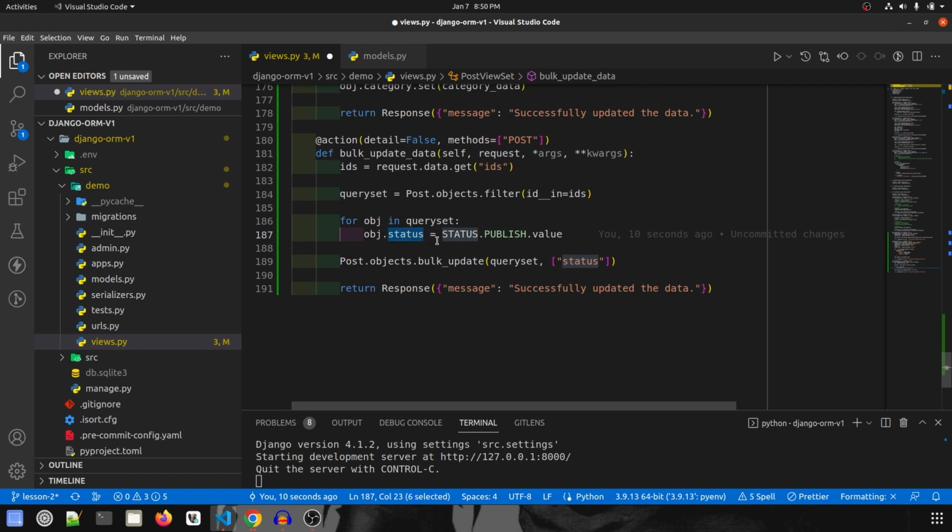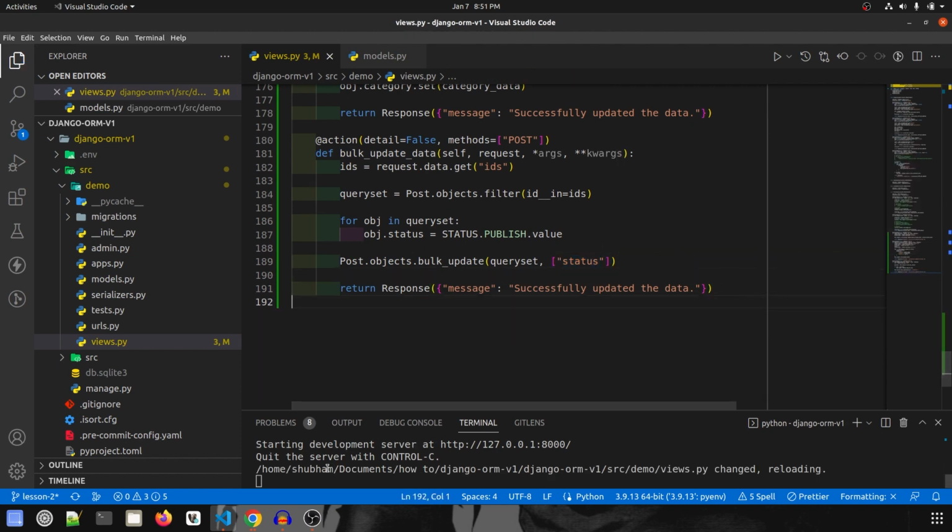Here I have updated the status field with the publish status. Then we call bulk update, that is Post.objects.bulk_update, the query set, comma, and then a list of all the fields that were updated. So that's it. Let's save this and go to the browser and check.